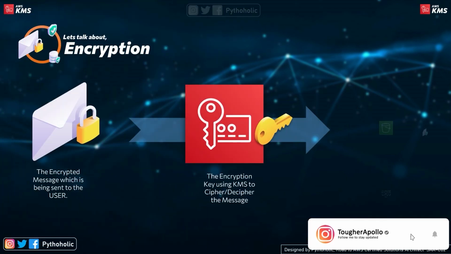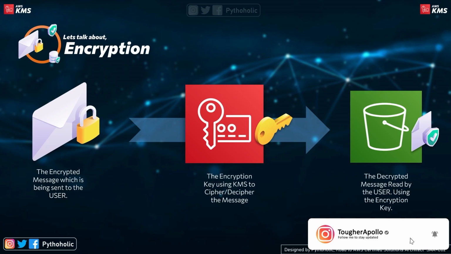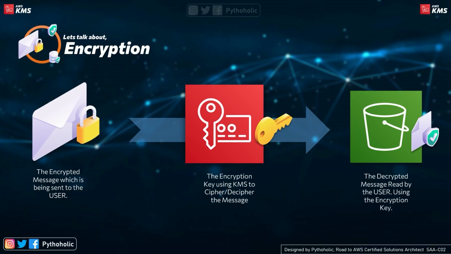So let's change the tables again and let's see what happens when you make use of KMS. So on the high level, you have the data, that is your plain text data. And with the help of KMS, you can encrypt your data and store it on your AWS S3 or any application that you need, and decrypt it the same way using the methods available in KMS. But this is just the high level. There are a lot of things to be discussed in KMS. I'm just giving you an idea how simple this can be when you're sitting on the top of the mountain. And that's what we'll be discussing today as well.